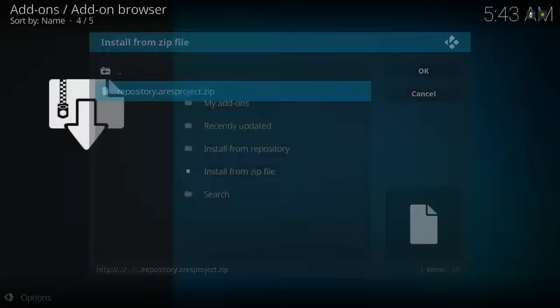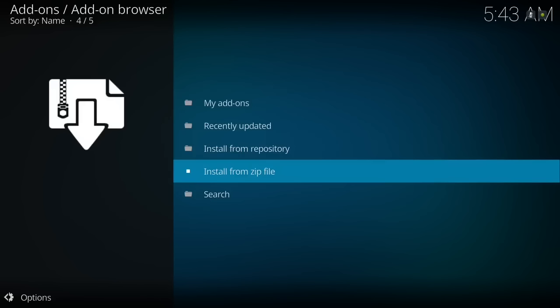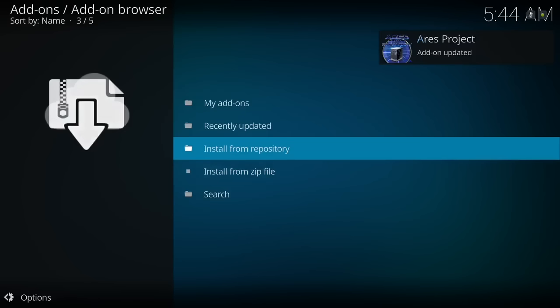Make sure that this is installed. It may take a couple moments here. It'll be in the top right corner. It'll say Aries project add-on updated or enabled. One of the two, so just wait for that. There it is. So now you want to go to install from